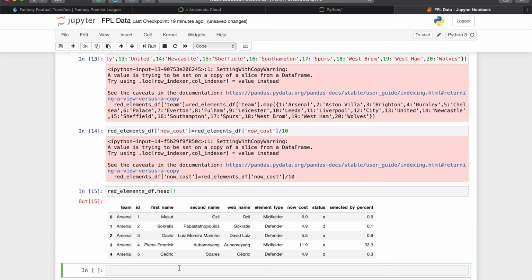I would like to change this. So how to do that? Simply use columns equal to, first will be my team, second will be my player ID.